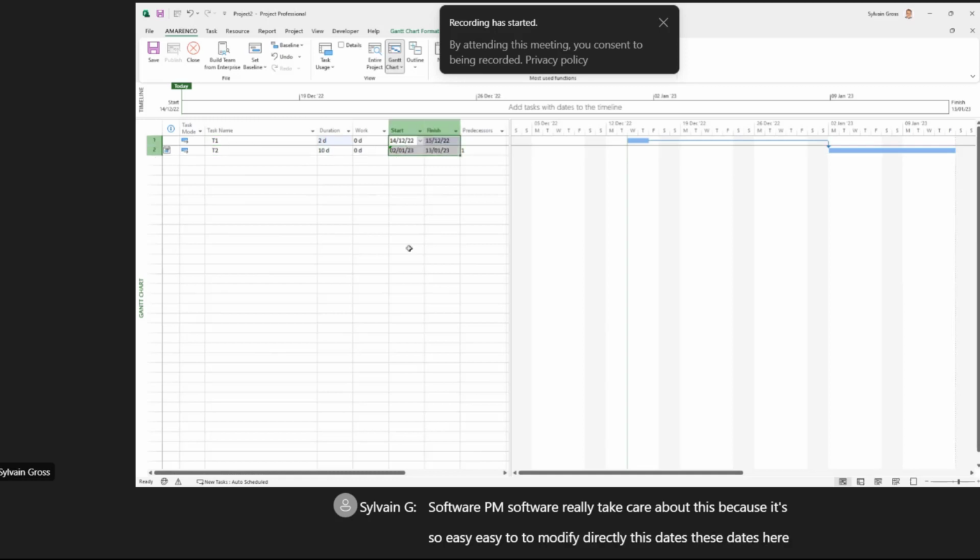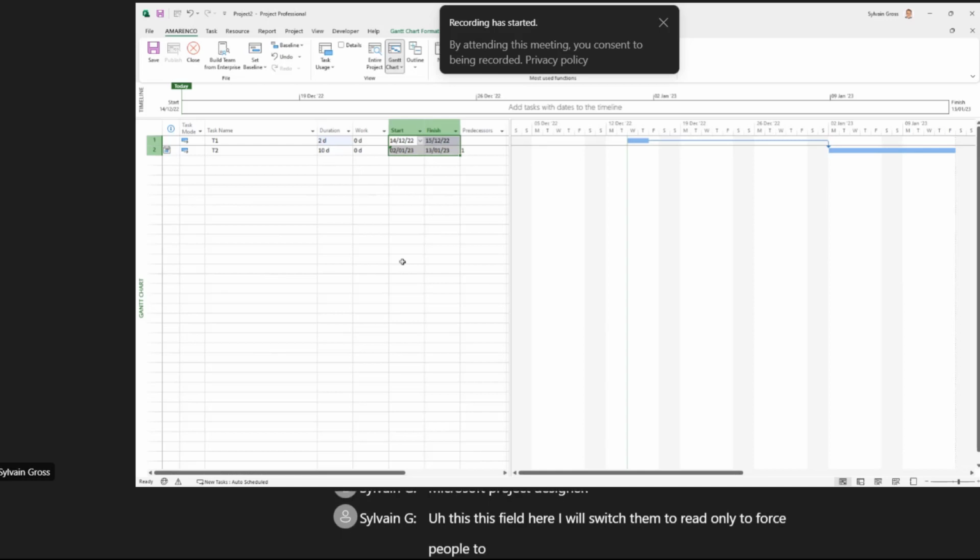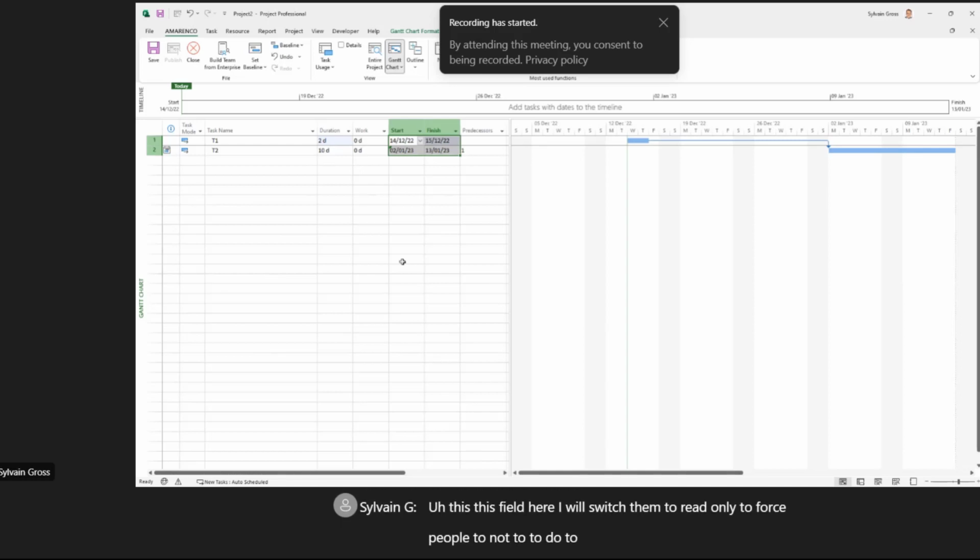These dates here should be defined as a read-only field. If I were the Microsoft Project designer, I would switch these fields to read-only to avoid people modifying the dates directly